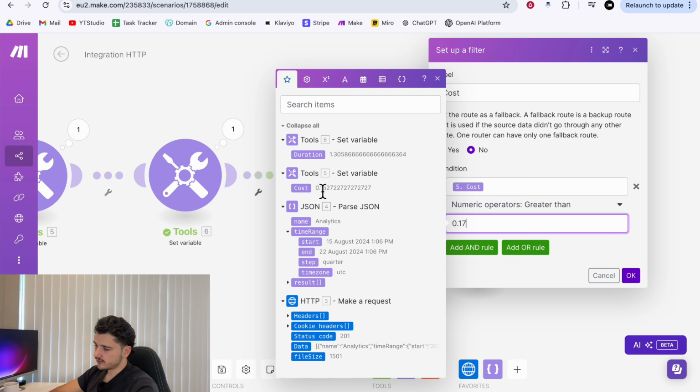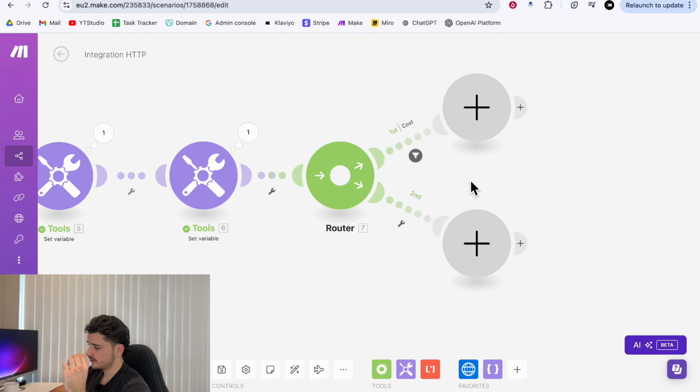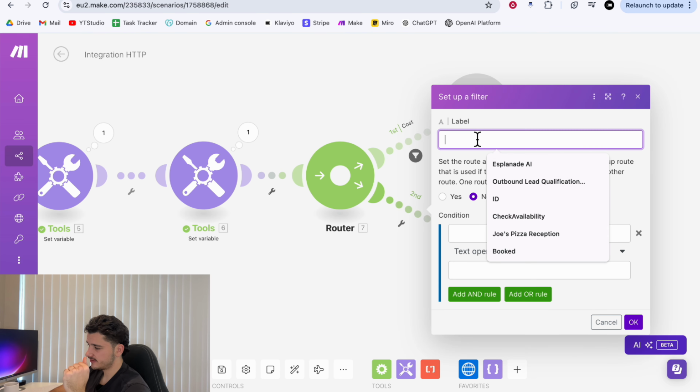So our average cost of the quarter is 0.15. And considering it's an average over a large amount of time, we know that it is pretty fixed in its cost. It's not going to go up or down or vary too much. So if this was greater than 0.17, it would indicate that something's going wrong. So we can set that as so, hit OK, and then we're going to do the same sort of filter